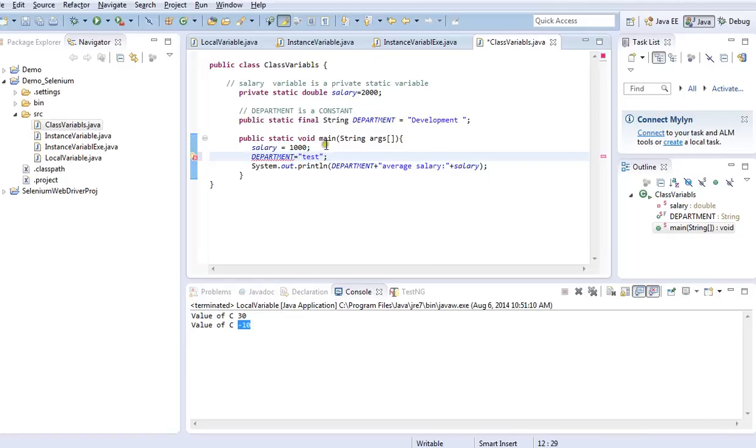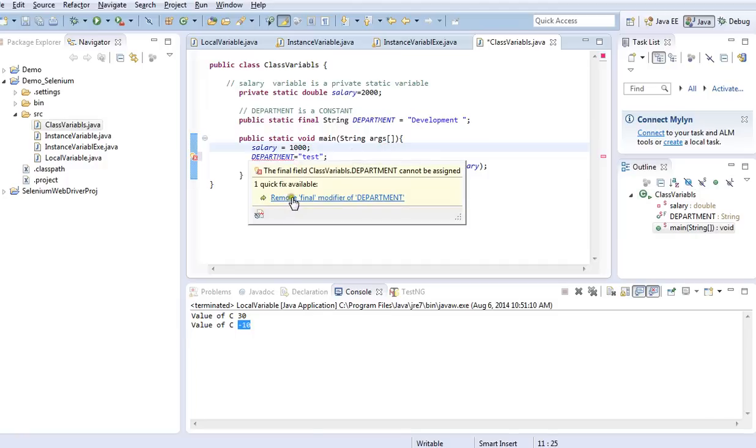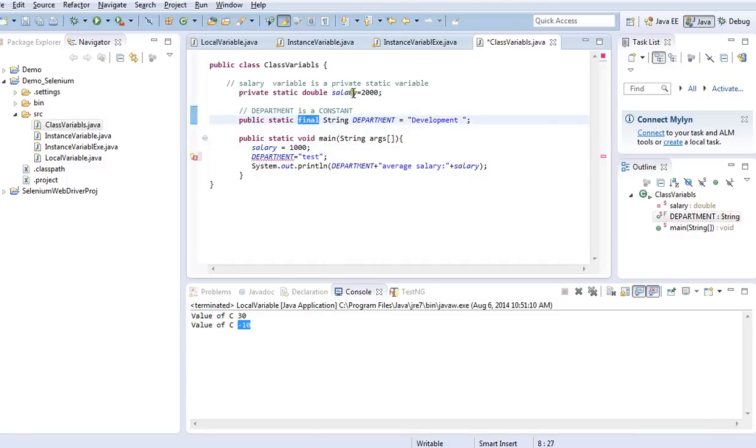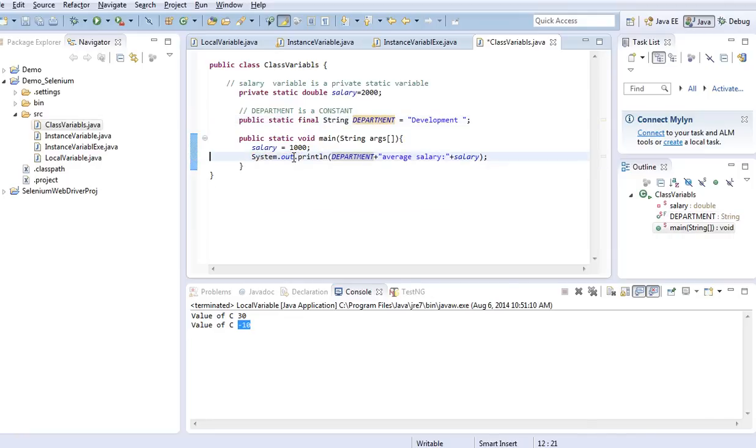When I try to assign some value other than development, it says remove final modifier of department. It means either remove this final keyword or don't change the initial value. That's the difference between a normal variable and a variable declared with the final keyword.